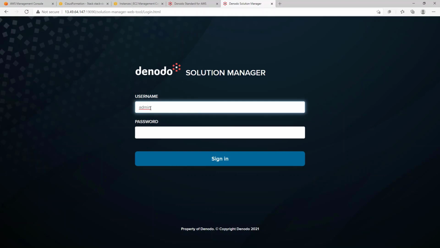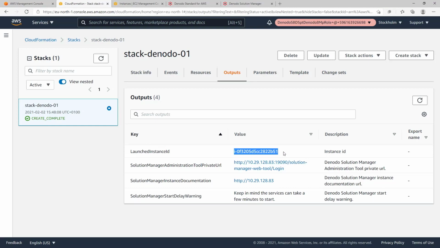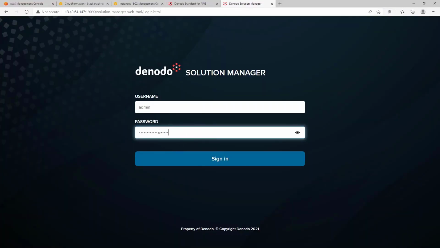Remember that the default auto-generated password for this admin user is the instance ID of the Solution Manager instance. So we need to go back to the creation stack screen and copy the instance ID of the Solution Manager instance. Then we can use this instance ID as the password for the admin user.